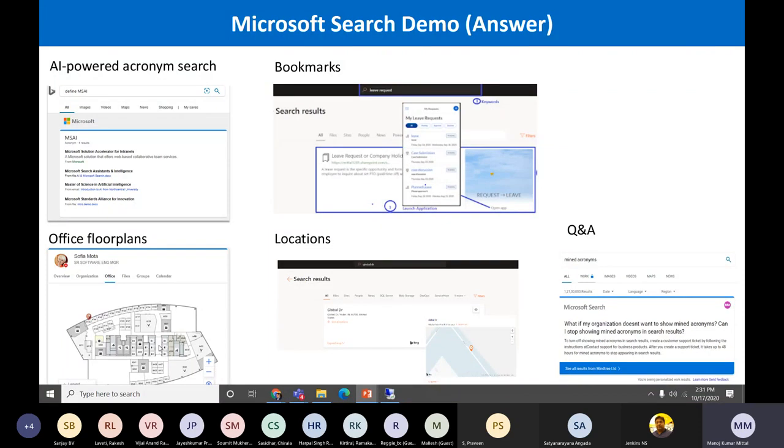So we can, just by the person's name, go to their office location and get the results for where this person is seated. The last one is the Q&A section. It is again a promoted result. If there are a few results we want as an organization, say some event is happening and we need to promote those results, we can define them separately in the question and answer section. So if people are searching, those results will come back here. I will showcase all this.